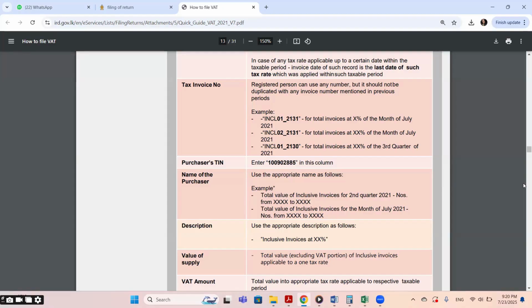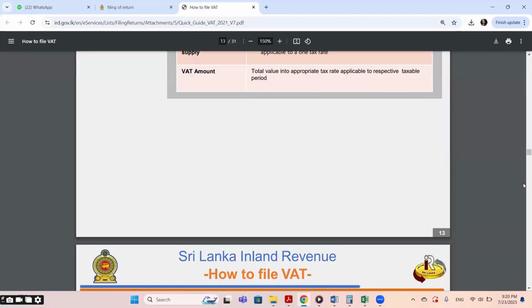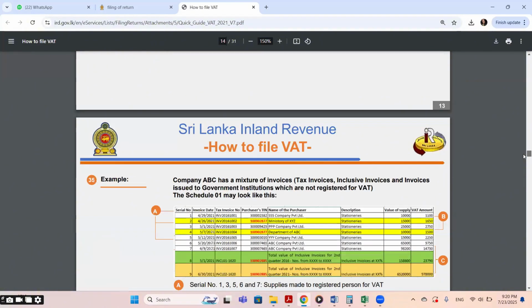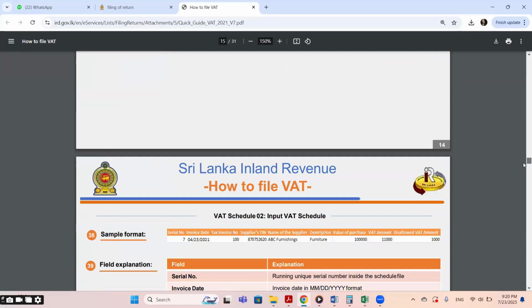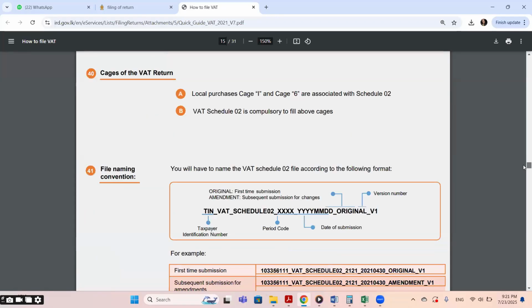And the other thing is, if you wish to learn more details on how to enter the data for those schedules, you can refer to the guideline available under the Inland Revenue website, right? It's a very precise guideline. It will show A to Z how you have to complete those schedules. Here you can see a very nice, colorful, and very informative